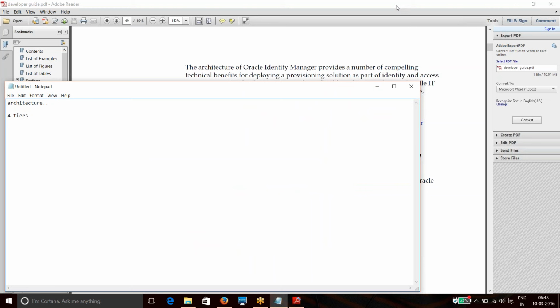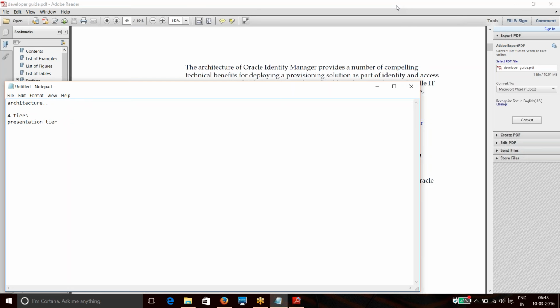So, what is there in the presentation tier first? Presentation tier, as the name suggests, is the look and feel of the product, the front end of the product where users can see the entry into the product.